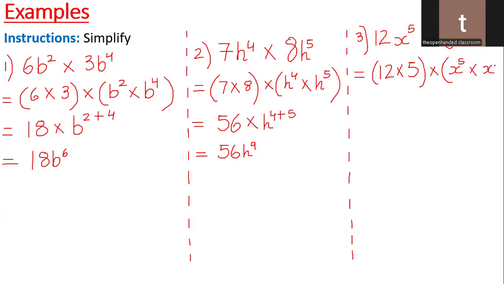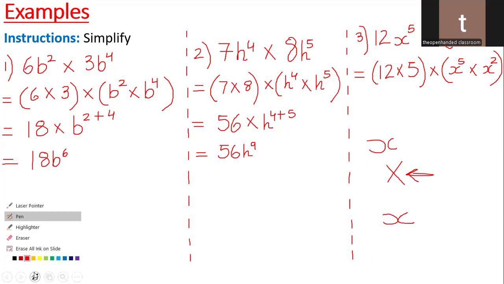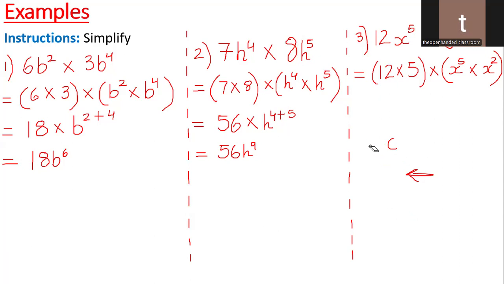Notice how I write my X, right? Because I am multiplying, I'm going to write my multiplication sign like this, and this is how I write the X. Do not write your multiplication sign and your X the same way. You write your X like 2 C's connected. Do you all understand that? Let me know if you understand that. Yes, sir. Good.